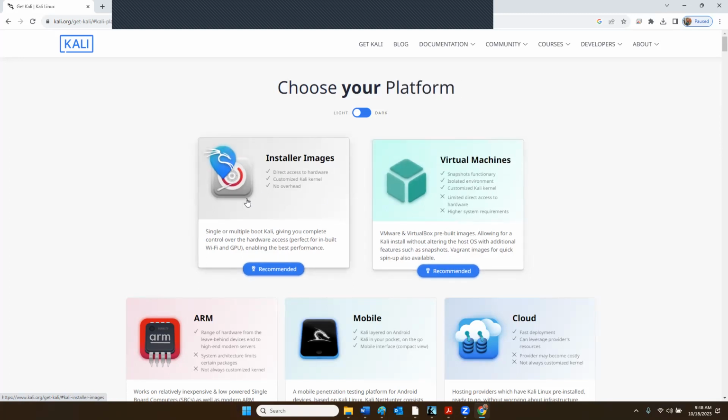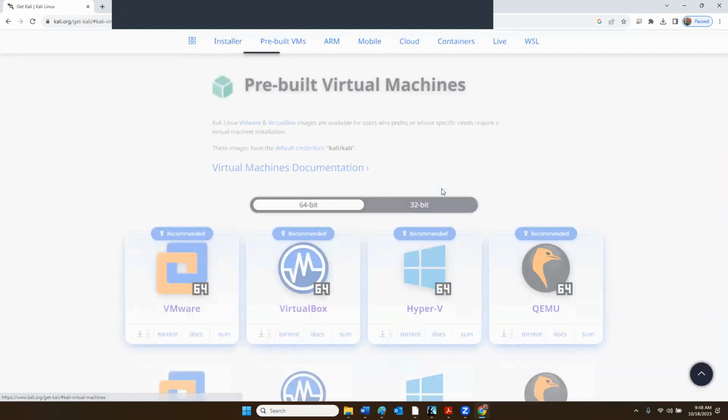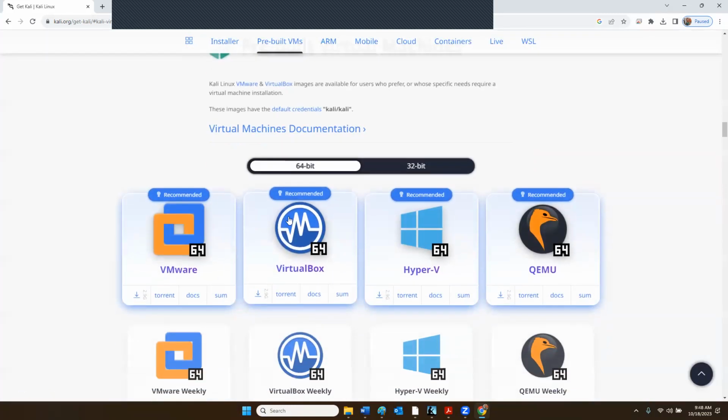Now, the installer image is typically used to load Kali manually and step by step. The virtual machine is ready to go. And so what you'll do is use the VirtualBox option,